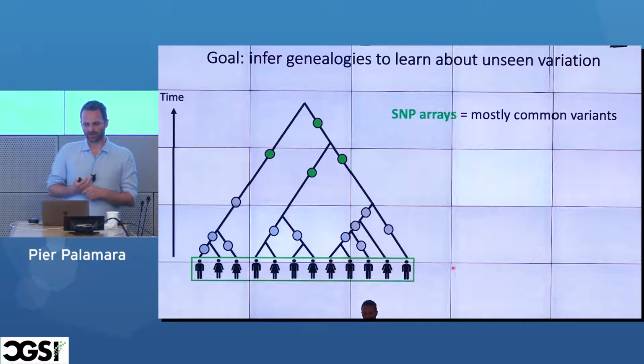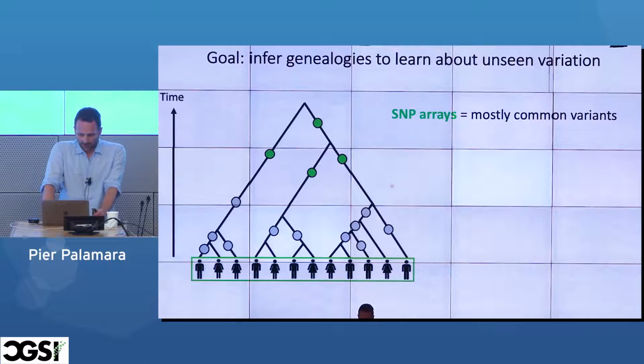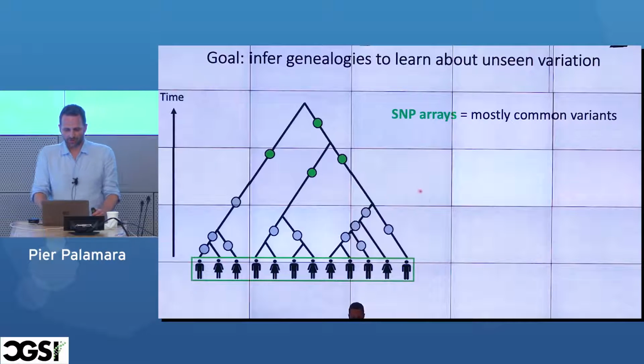So we have some SNP array data. And usually SNP array data is high frequency mutations that tend to be at the top of the tree. So we get some information, but not all of it. We miss all these gray dots at the bottom. These are the rare variants that typically don't show up in SNP arrays. They can be in LD, but we don't see them directly, which is a pity because we want to do a bunch of things with these variants. We want to test them for association. We want to see whether they're shared and do other analysis.